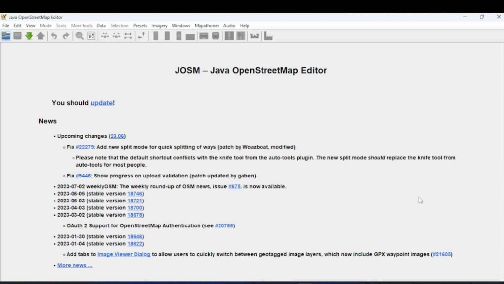JOSM has so many tools that we use in our day-to-day activities while mapping. The filter mode actually allows us to select or show only certain objects in JOSM based on key and value on OpenStreetMap. So there will be no need to look at the entire dataset. While using the filter tool, we can just look at a specific object in the entire